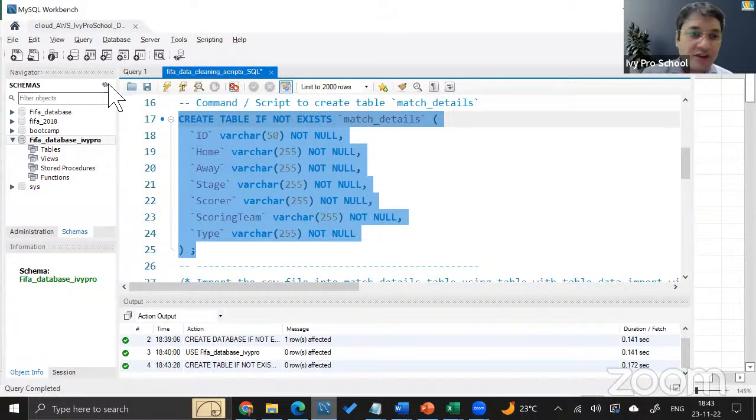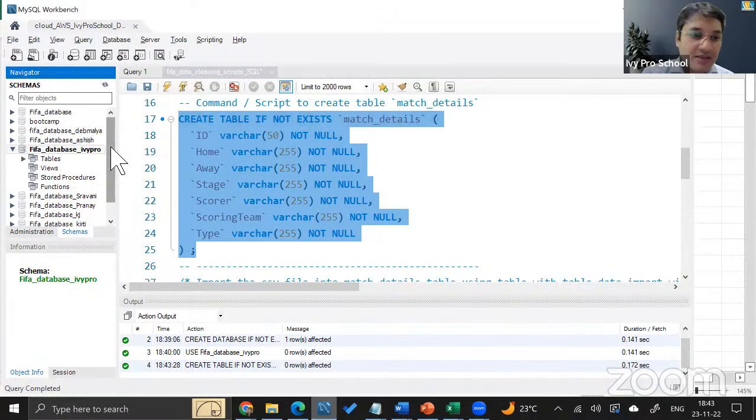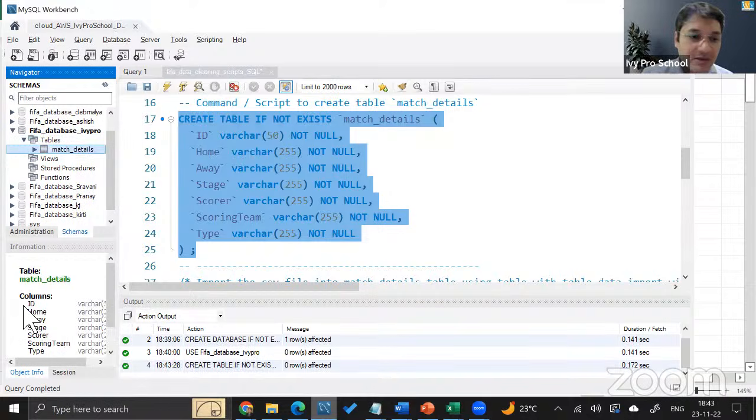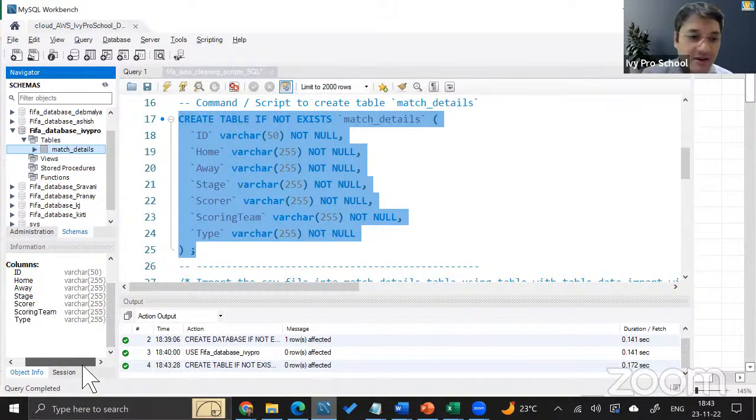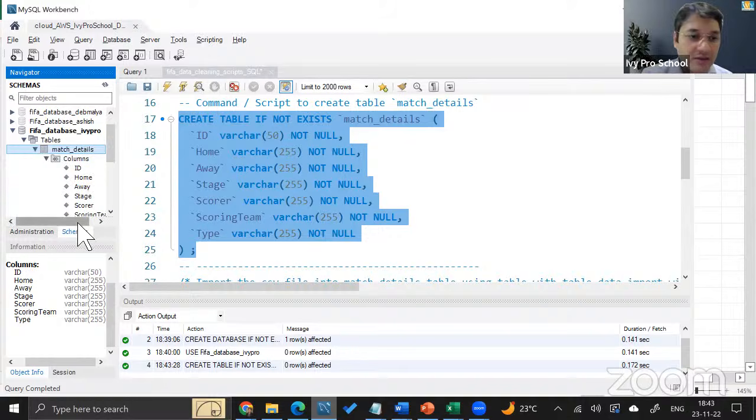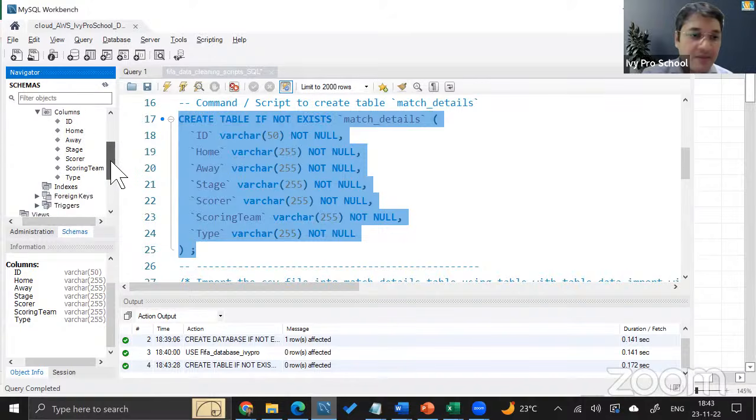and then I'm going to click on this lightning symbol and refresh it here. And I can see so many people have created the database. Very nice. I can see the table. And if I select the table, it will give me the columns as well, and their data types as we just created, over here in the information block. That's a very good way of doing it. Or you can drop down, you can see the columns as well here.